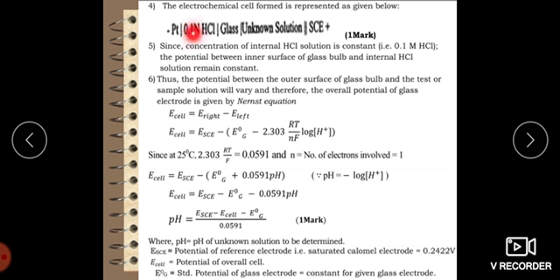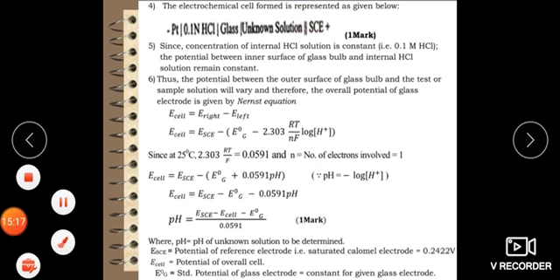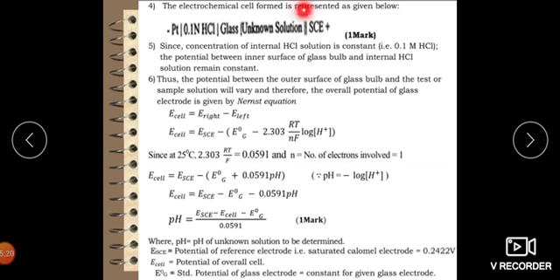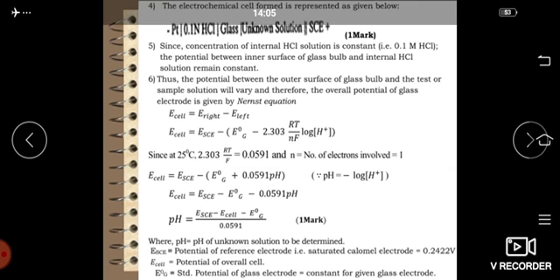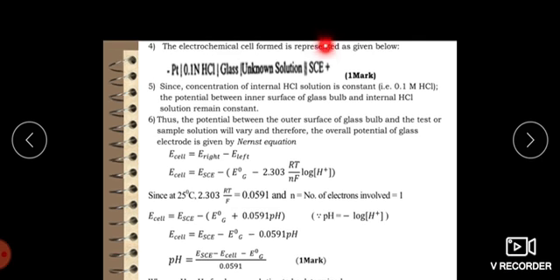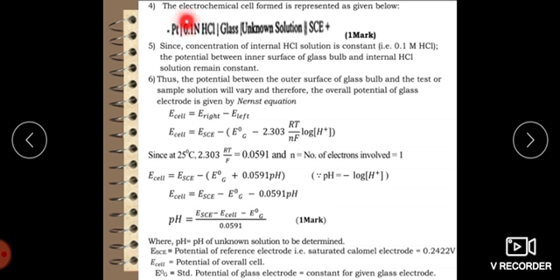A platinum wire is dipped into 0.1 molar or normal HCl solution, which is covered by a glass membrane. The glass is very sensitive. That glass electrode is dipped into the unknown solution, separated by a salt bridge, and then one more electrode, the saturated calomel electrode, is dipped into that solution. Here it is the negative electrode and here is the positive electrode, forming one cell.